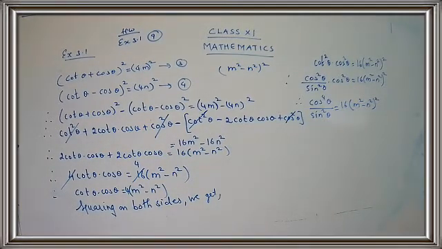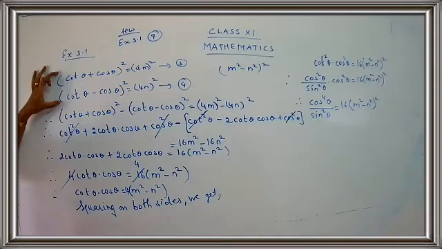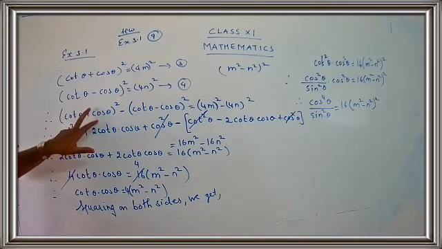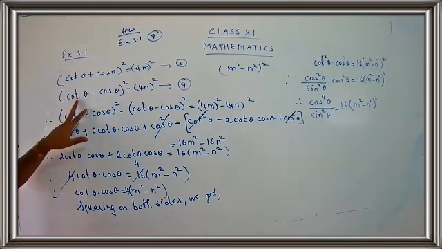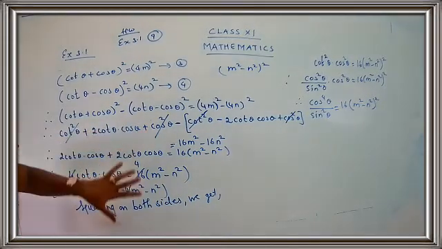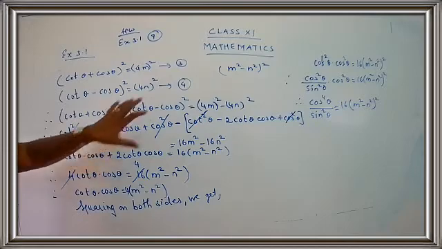Are you clear with the steps? Okay. So we started with this step, yes, children. We squared both 1 and 2. After squaring, we have to subtract also. When we squared it, we used the identity to expand it, that is (a plus b) whole square and (a minus b) whole square. So just expand it. Then try to cancel the like terms.